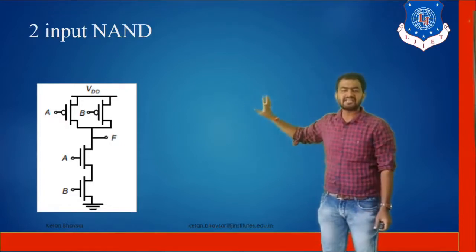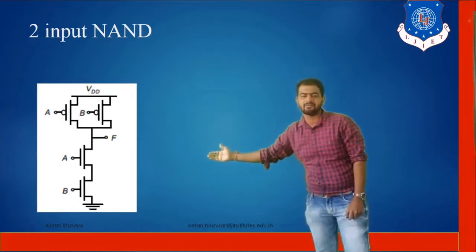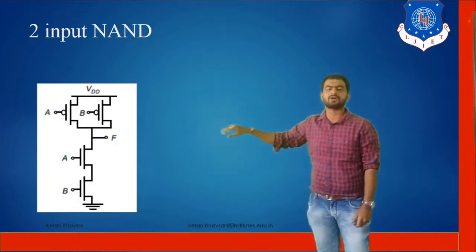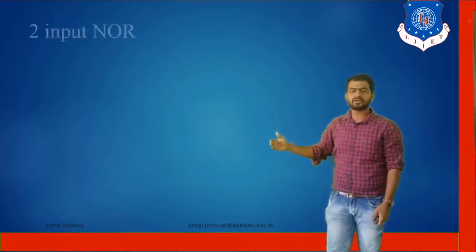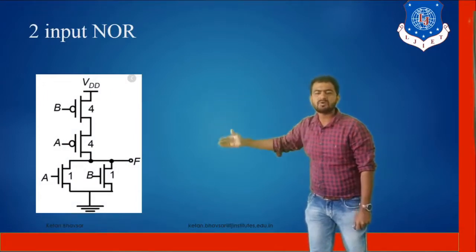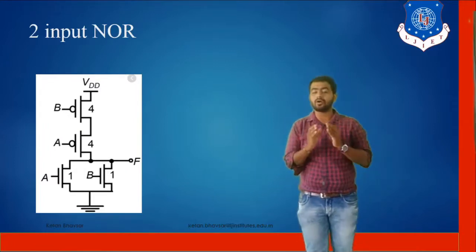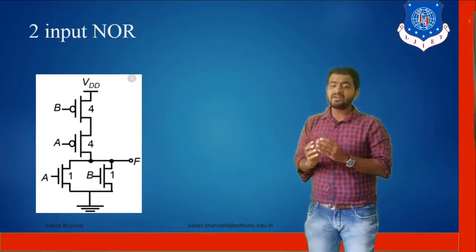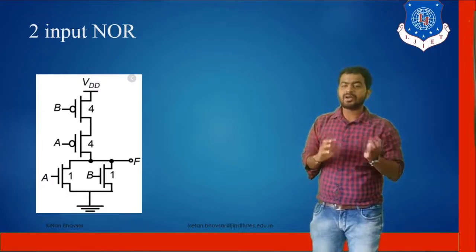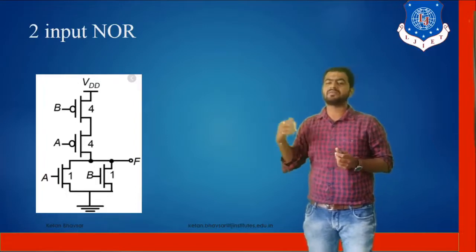So as you can see, we're designing a simple NAND gate based configuration. A and B are connected with the PMOS and also with the NMOS. PMOS is connected in parallel and NMOS is connected in series. Similarly for the NOR gate, we connect the two input terminals together. The PMOS is connected in series and ultimately NMOS is connected in parallel form. So the design of the NOR gate is totally opposite to the NAND gate configuration. If PMOS in series, then NMOS is parallel. If NMOS in parallel, then PMOS in series.